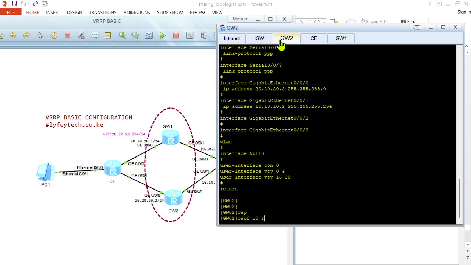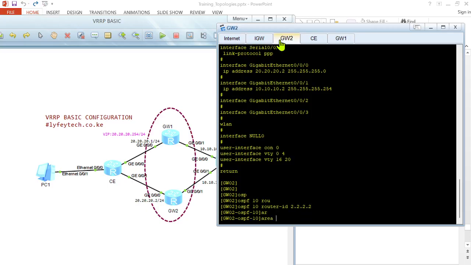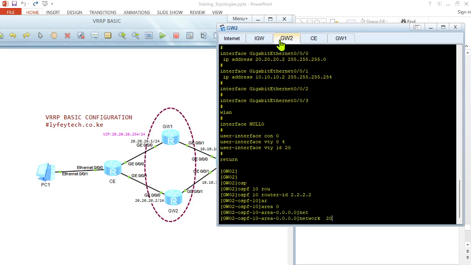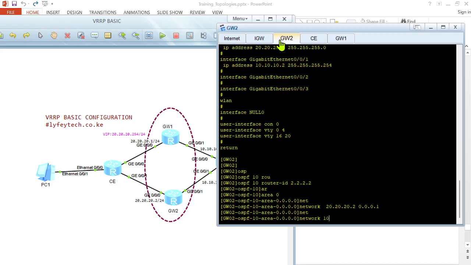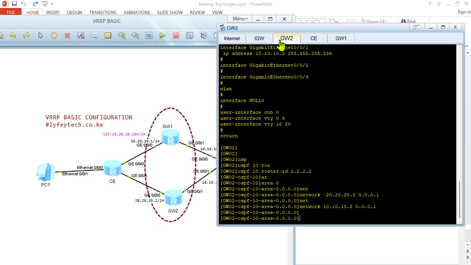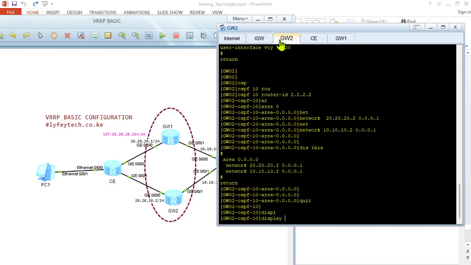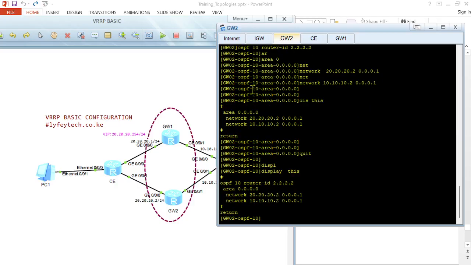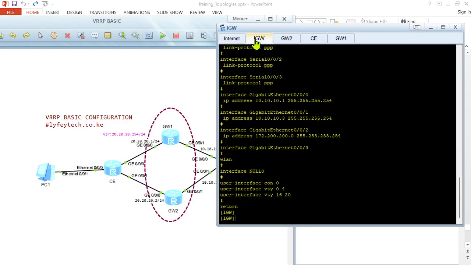OSPF 10, router ID, we'll give it 2.2.2, area 0, and then network 20.20.20.2. Wildcard will be 0.0.0.1, then network 10.10.10.2, 0.0.0.1. Display these. Quit, and then display the configurations. So you have your OSPF configurations on gateway 2, and finally on the internet router, I mean on the internet gateway router,